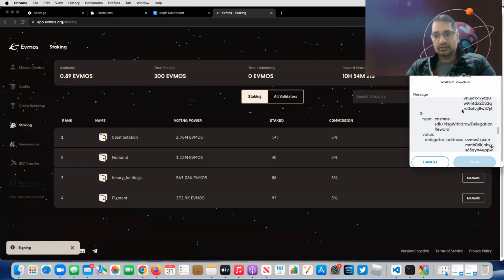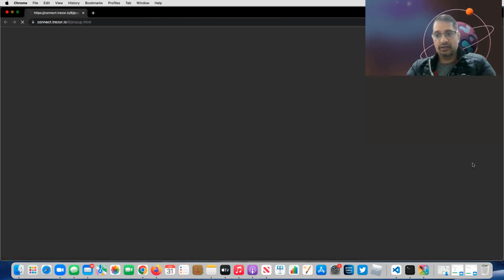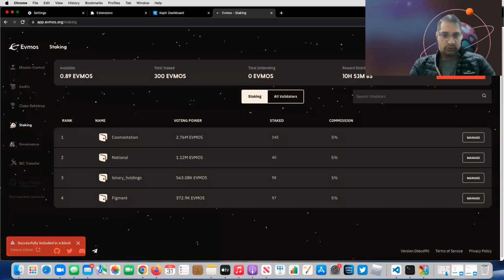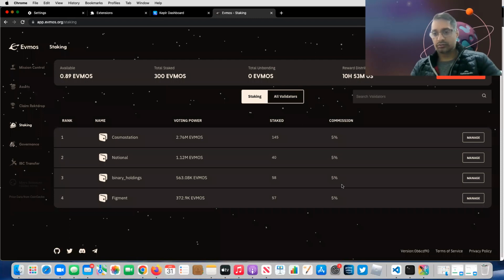So I need to sign this transaction. And because this is a hardware wallet, it's asking me to connect my Trezor wallet. I'll do that and I'll confirm this transaction on my hardware wallet and continue. So I connected my hardware wallet and I had to enter the PIN and all that. And also I have confirmed the transaction in my hardware wallet. The transaction has been posted. So I should see my available balance update in a few seconds. Let me just refresh. Now you can see my available balance is 20.68.